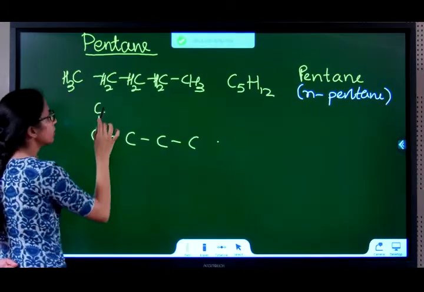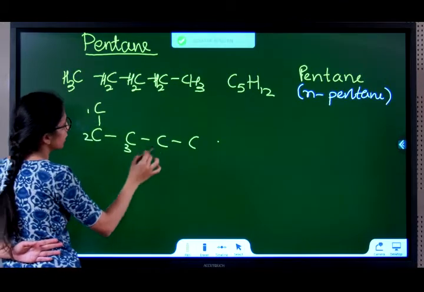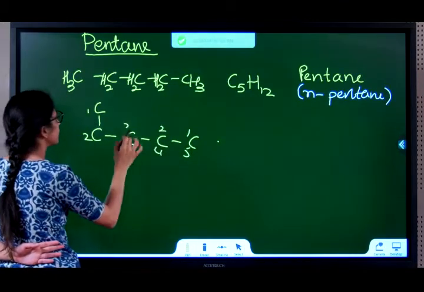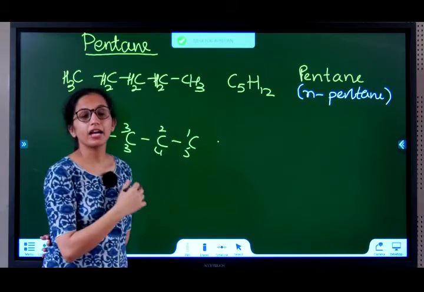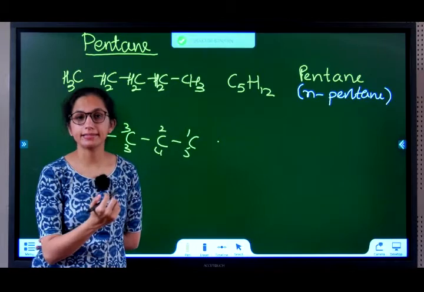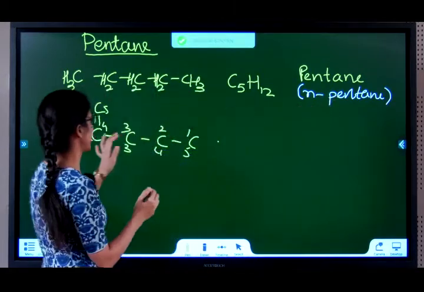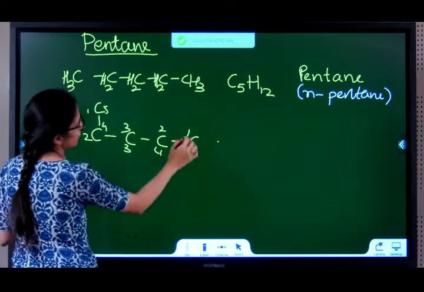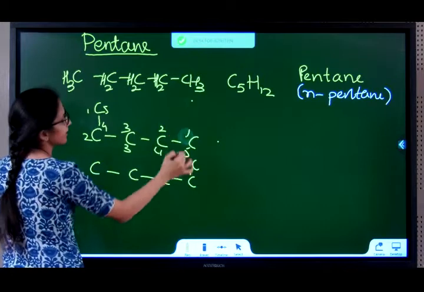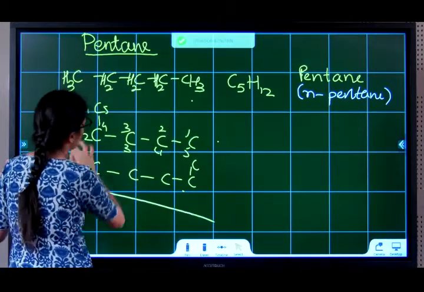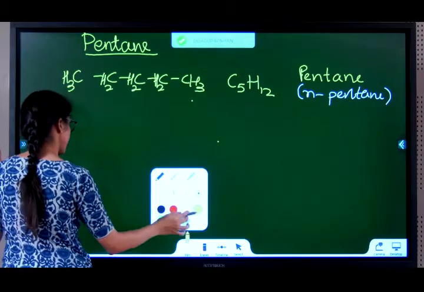So you have to count the longest chain and see. Count longest chain. 1, 2, 3, 4, 5 or 1, 2, 3, 4, 5. Longest chain is 5. 5 is nothing but pent itself. So I already finished pent, right? So no change. All these are same. All these are pentane only. I hope that part is clear. So we finished position 1 and position 4.